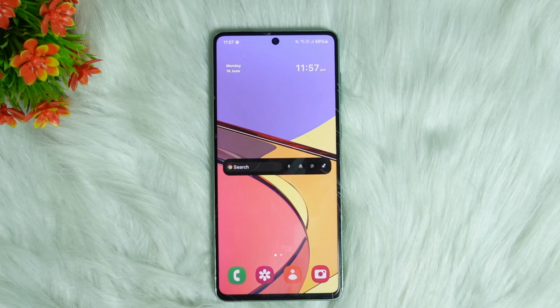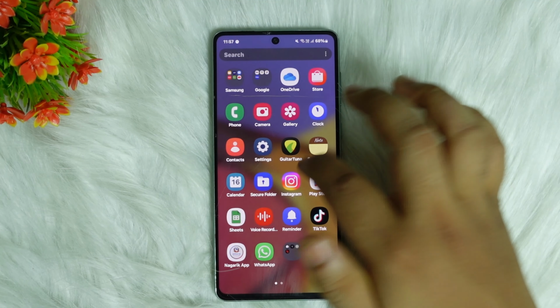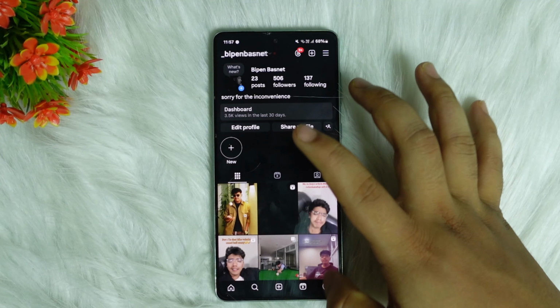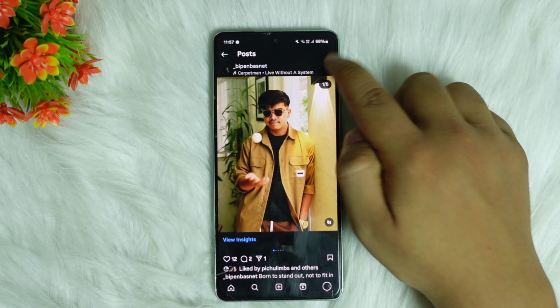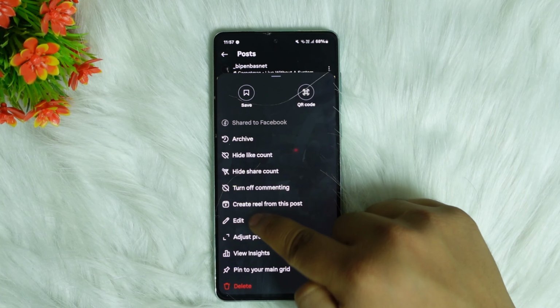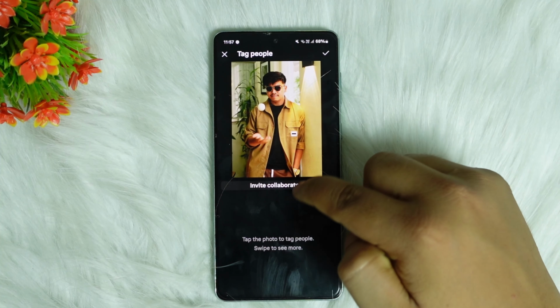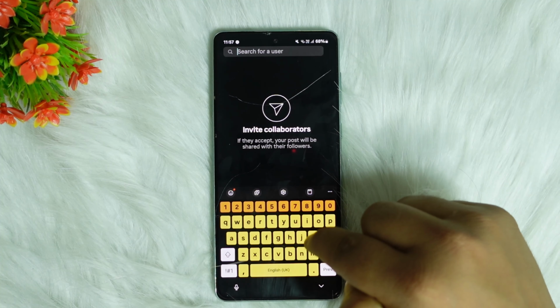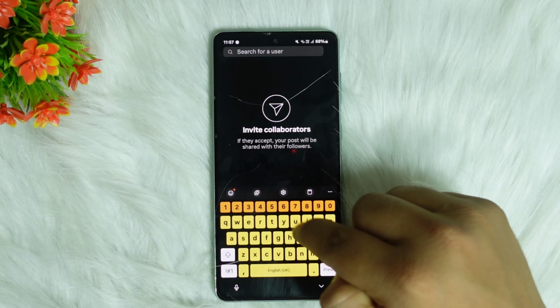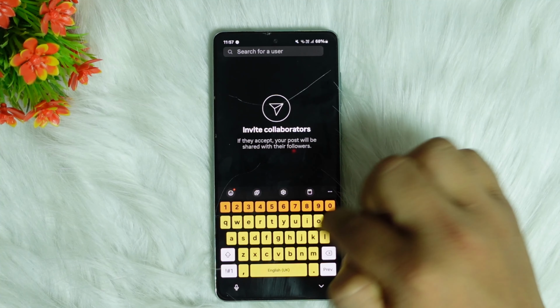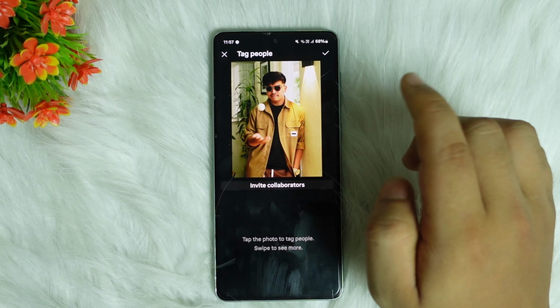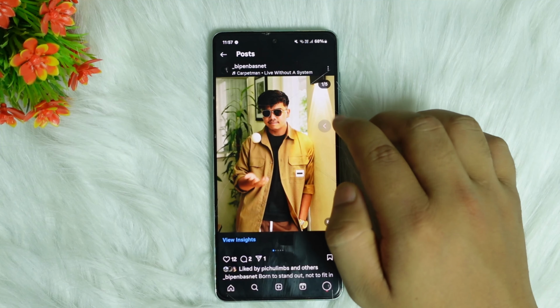Let me go quick and easy through how you can add or invite a collaborator on your Instagram post. Now if you have already posted the post, then you can simply open the post, tap on the three dots there, tap on the edit option. Once you tap on edit, you'll find the option to add collaborators. Tap on add collaborators, select invite collaborators, and now you can search for a particular user using the username and you'll be able to invite them, right? They'll have to accept the invitation before they'll be